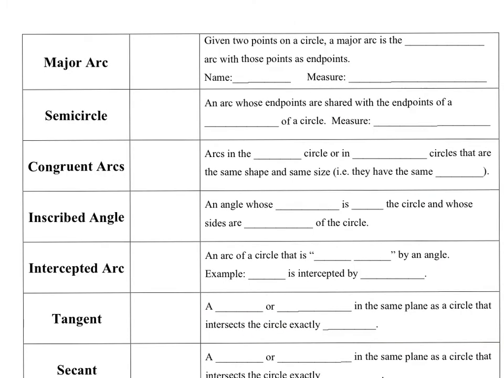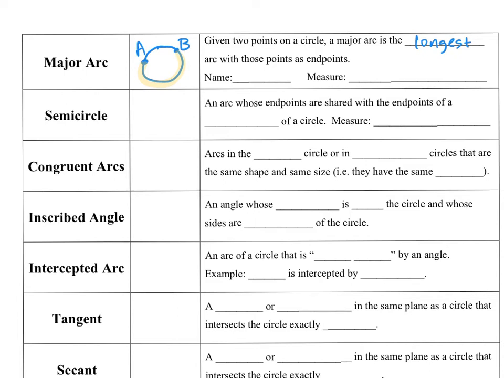So now let's talk about a major arc. Again, given 2 points on a circle, let's draw a circle, put 2 points on it, and give those points names. Given 2 points on a circle, a major arc would be the longest arc with those points as endpoints. This time, remember, we could take the shortest distance from A to B, the shortest measure along the circumference, or we could take the longest distance. So the major arc would be this bigger, longer piece